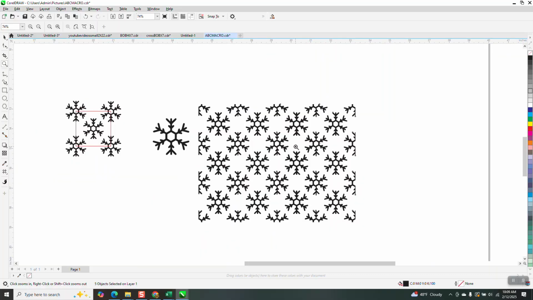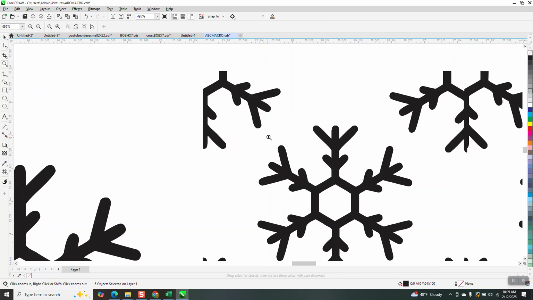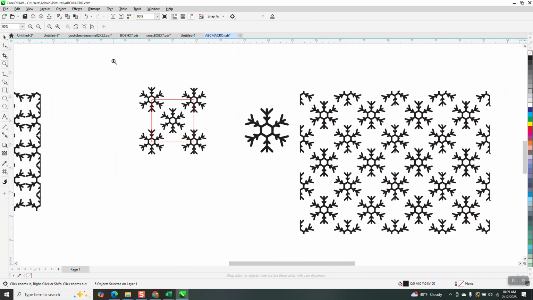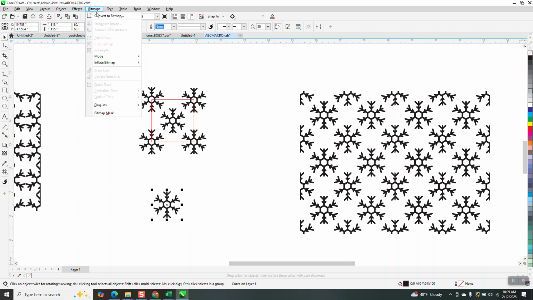I might make a second video with a different snowflake. But in lieu of doing that, this is a vector, so this is good and sharp and clean. You can do it with just one snowflake. So we're going to take this snowflake. Now for this to work, you have to convert it to a bitmap because we're going to put an effect on it. So we're going to go to bitmap,